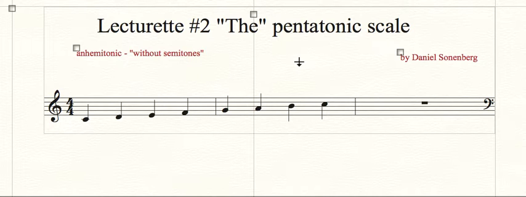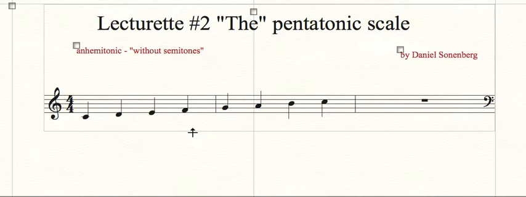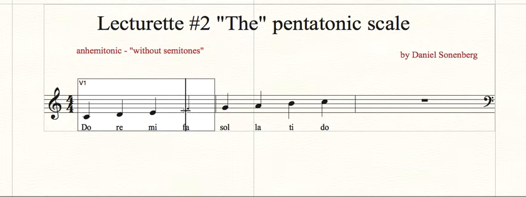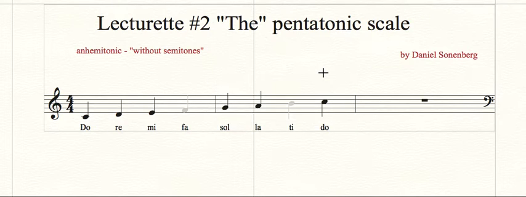other places as well. And you see right here, what I've written on the screen is just a major scale, right? So this is do, re, mi, fa, sol, la, ti, do. And so if I want to create the basic pentatonic scale, what I'm going to do is I'm going to get rid of those half steps. And the way I'm going to do that is I'm just going to go in and I'm going to hide fa and I'm going to hide ti. And what I'm left with, and here it is,